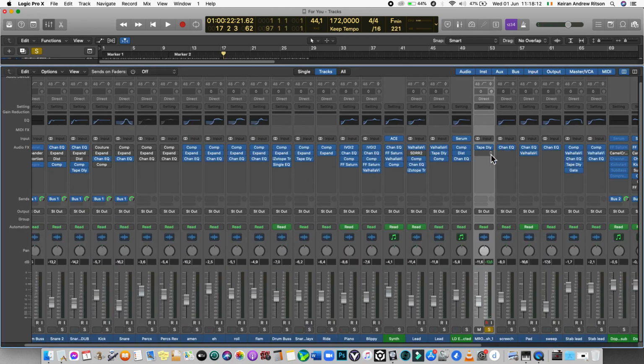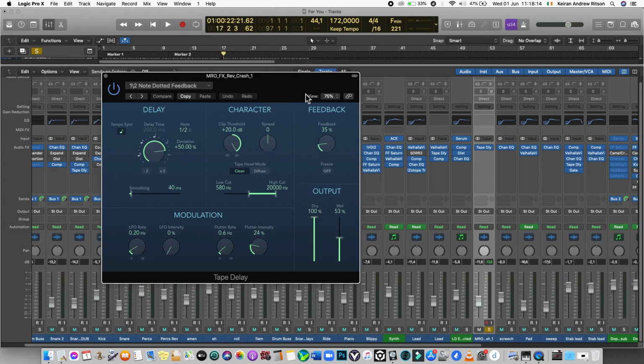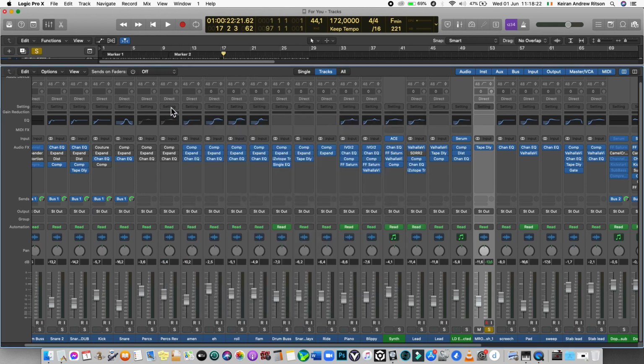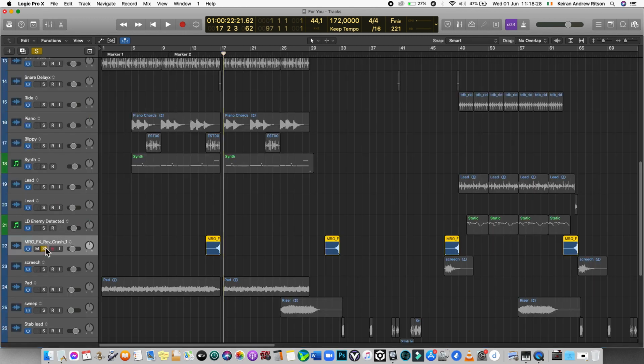Also, in that case, I did add a little tape delay, with a little dotted half note feedback, and not too wet and actually not too much feedback. You want that ethereal kind of feel to it, so it just goes with itself. And then again, just a basic pad,